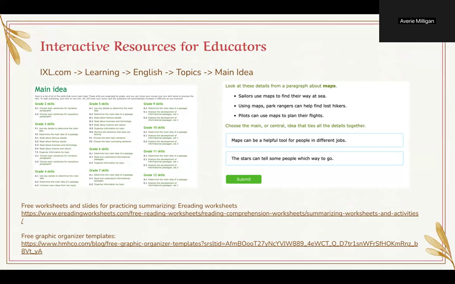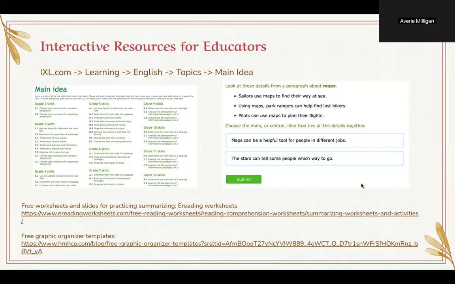If you go to IXL.com, go under the Learning tab, select English as your subject, go under Topics, and then select Main Idea, and you will end up looking at this image here on the left. You can see it has different skills to be worked on from grade 2 all the way up to grade 12 that help with summarizing.